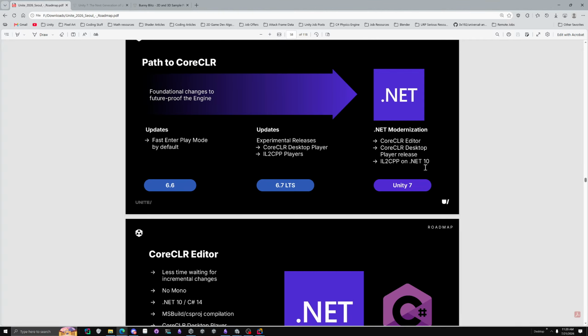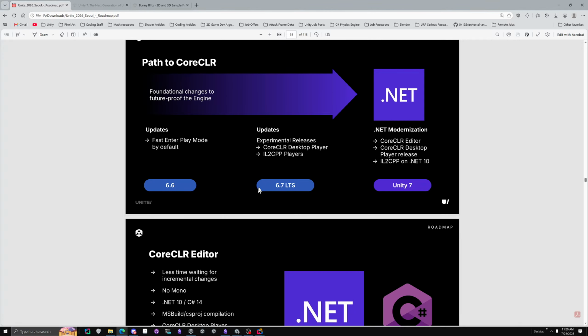I say official because, again, you could add a CSC file, if I remember right, and tell the Roslyn compiler to just say, hey, Unity 6.7 uses C# language 14. You can actually just tell Unity right now to use C# 14. You'll have the C# language 14 features in 6.7 if you do add the CSC file for your assembly,